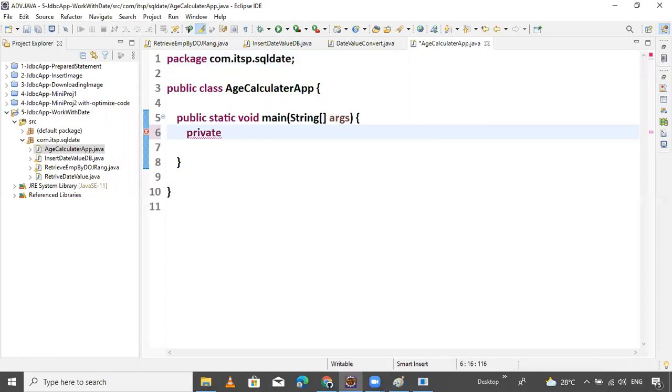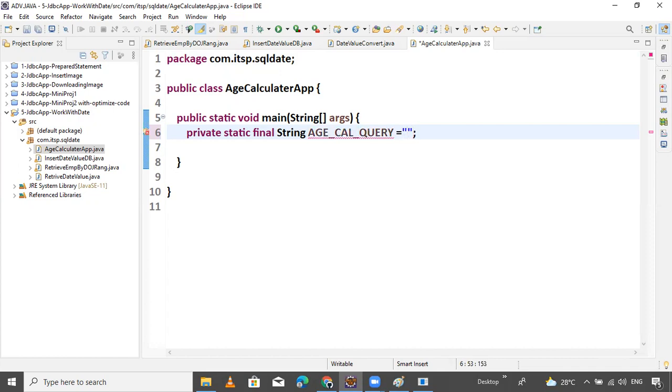I will follow full convention: public static final String age cal query. Pass that query, prepare the query first of all.